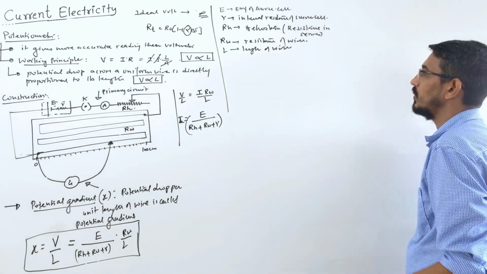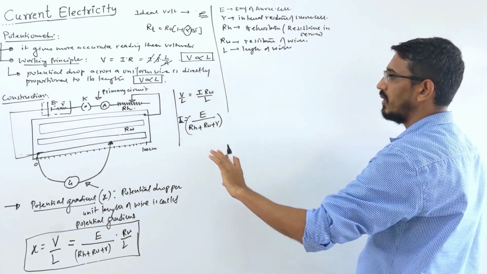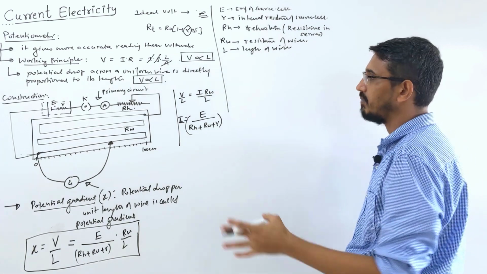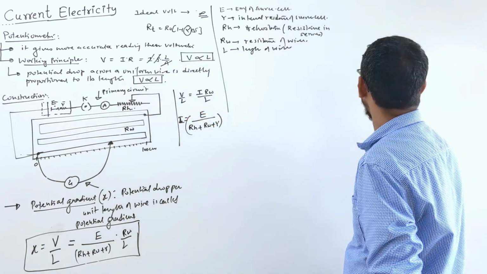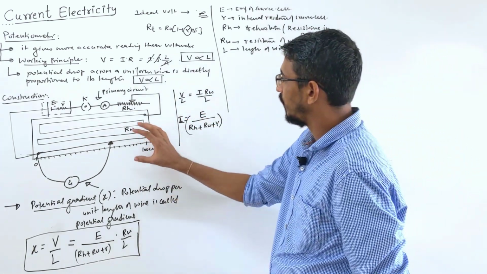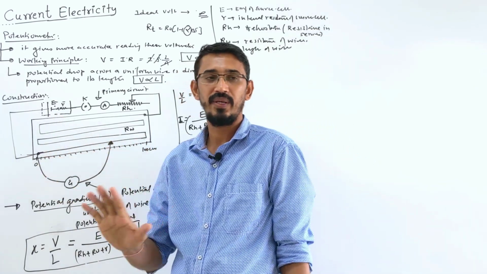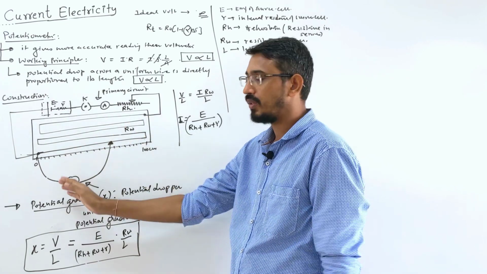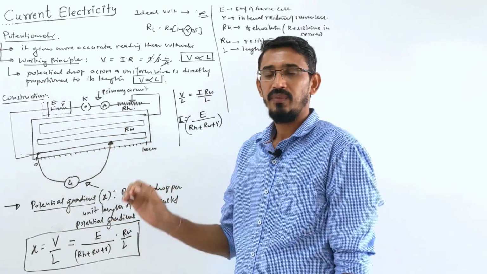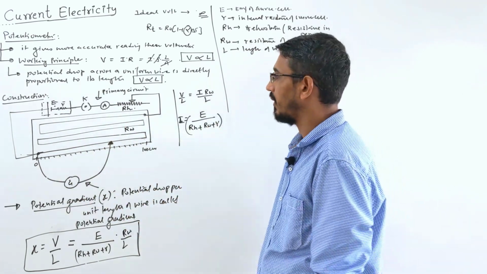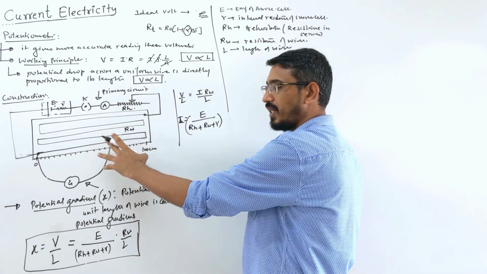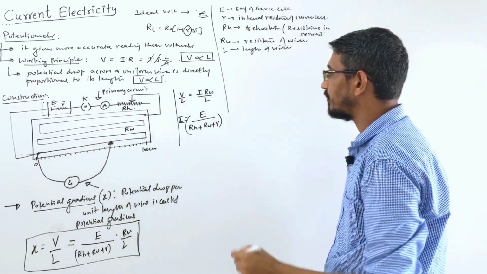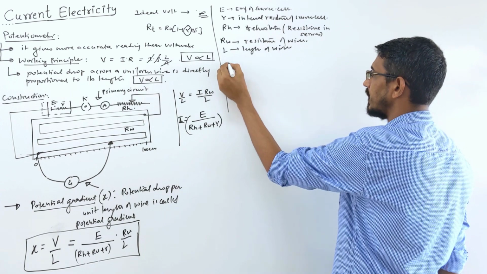So we are now talking about applications, meaning direct questions on how they can ask in an exam based on the potentiometer. Also always understand that this is like a full circuit I have drawn. In exam they will never draw the full circuit. Yesterday I did the meter bridge, I drew a wooden board and all these things, but they draw just a line circuit only. Suppose you want to draw this circuit as a line circuit, I will give examples here. So we are talking about applications now.